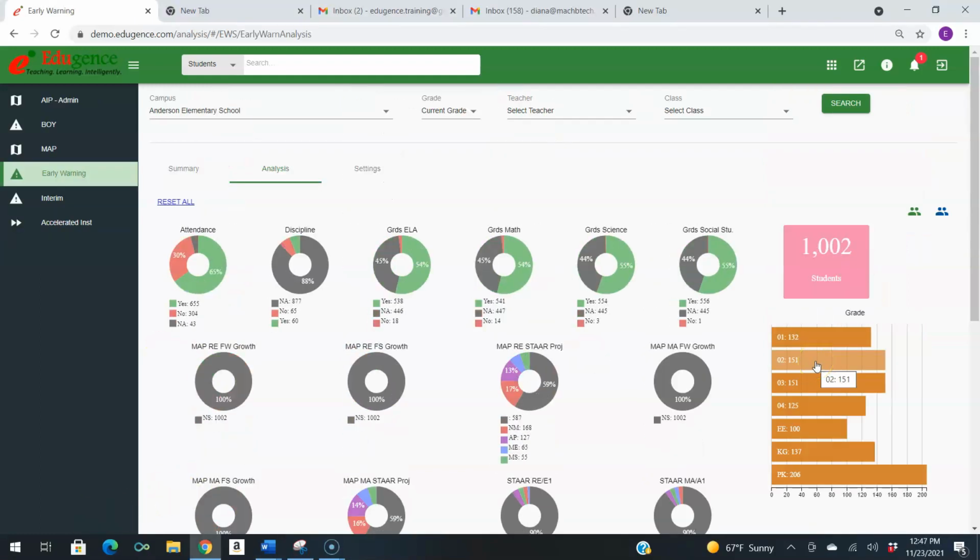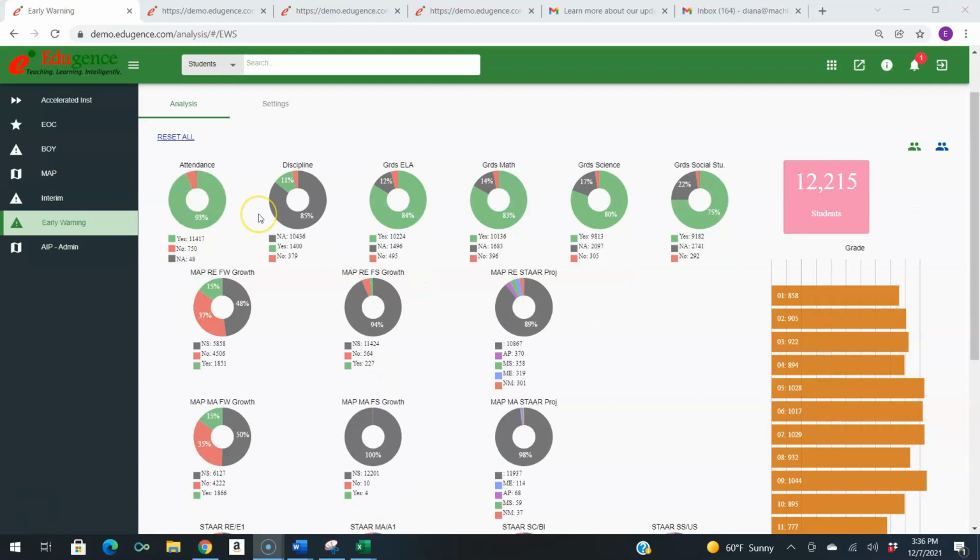All graphs on this page are indicators of potential students in the early warning system, denoted by the red area in any of the graphs. Districts will determine a threshold for this criteria of early warning on attendance, discipline, and grades. Each graph is a way of keeping track of students identified in the early warning system. The green area of a graph means the students are not at risk for being identified in the early warning